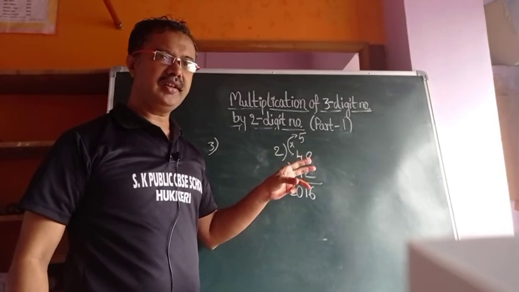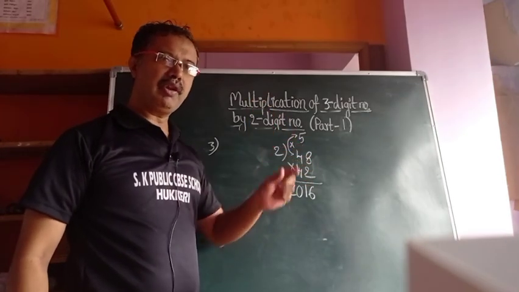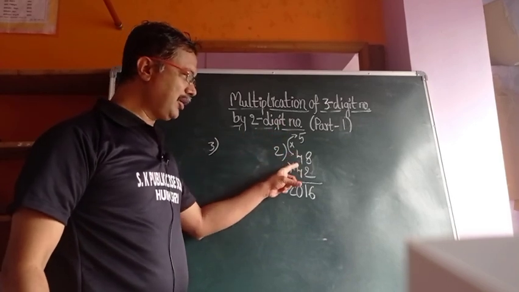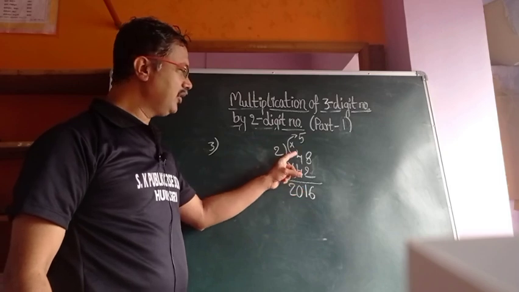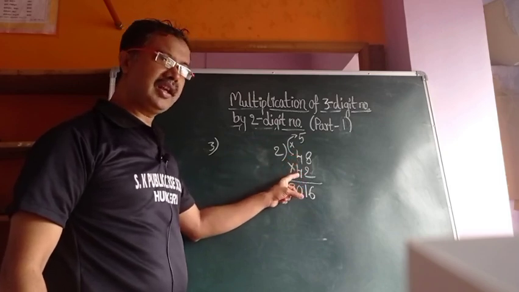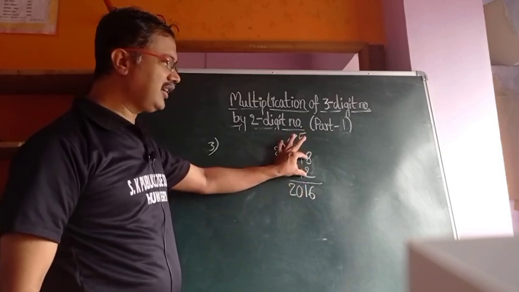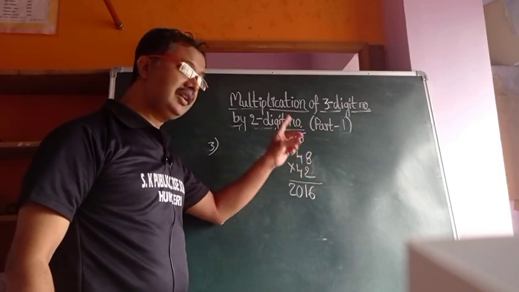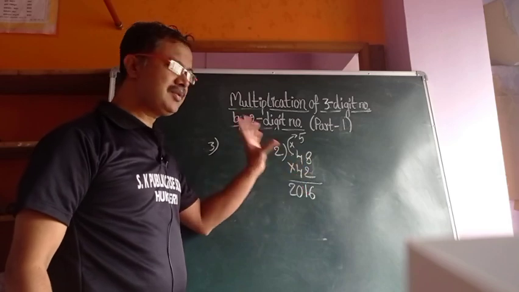So many tricks are there. For one problem, one trick we have to apply. Here, first you have to observe that both the numbers are the same in tens place, and if you add the numbers in ones place, then it becomes 10. In that case we have to apply this method.